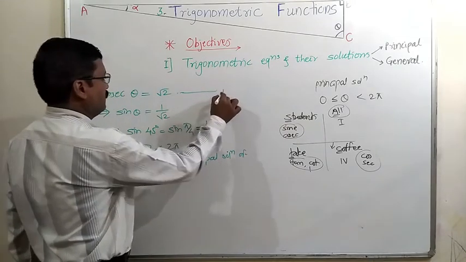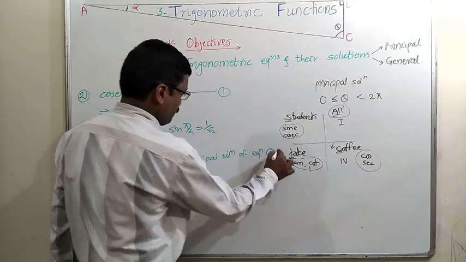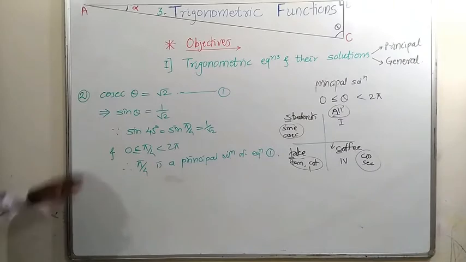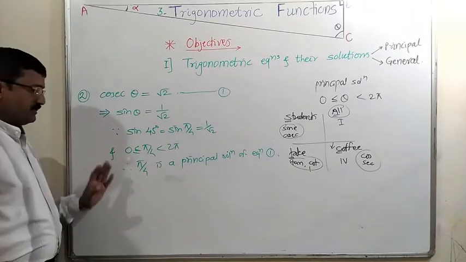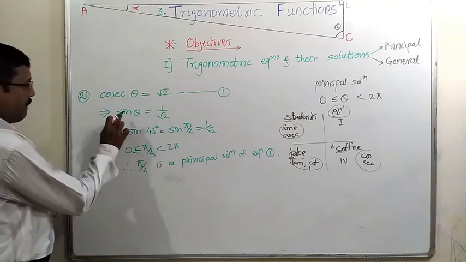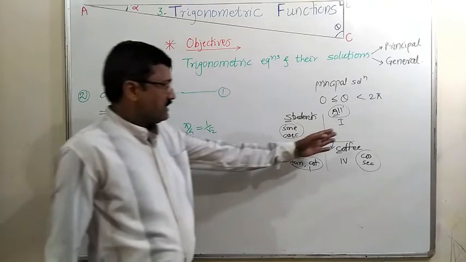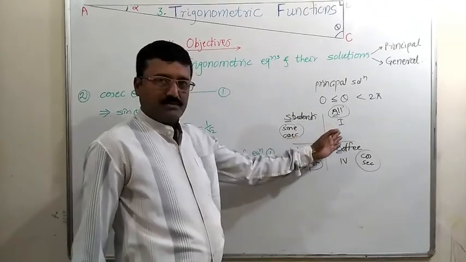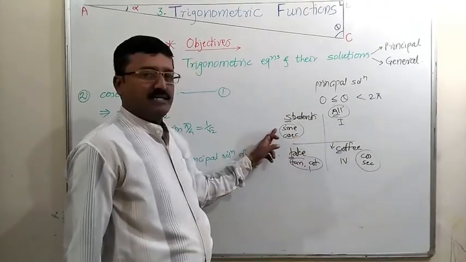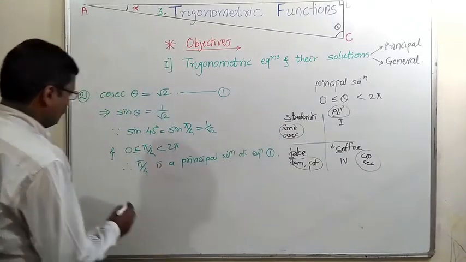of the trigonometric equation. This is very simple to find the first principal solution. Let us move towards the second principal solution. What to do here? The sine function is given positive. Now we have to decide where the sine function is positive. Sine function is positive in the first and in the second quadrant. So convert this angle into the second quadrant.